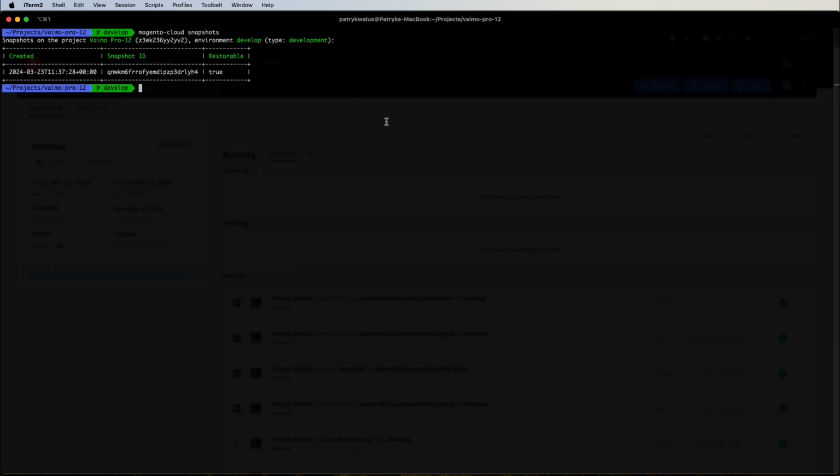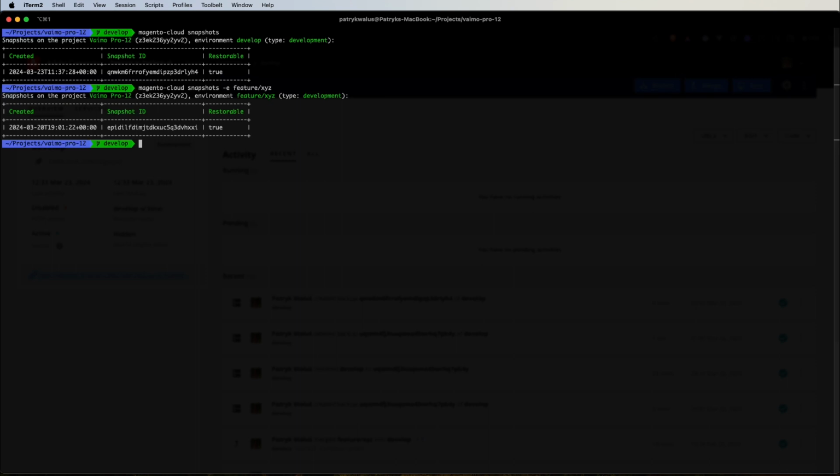If you want to specify another environment, for example, if you want to see snapshots on feature XYZ, you can always use the option -a, which basically works for every single command in Magento Cloud CLI. So if we specify this, we can see all of the snapshots from the feature XYZ environment. And here we have a list with the information when the snapshot was created, the snapshot ID, and